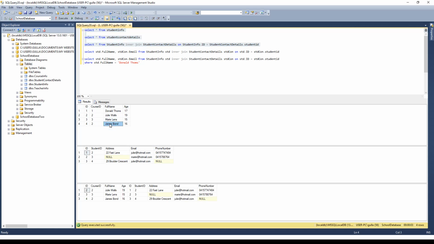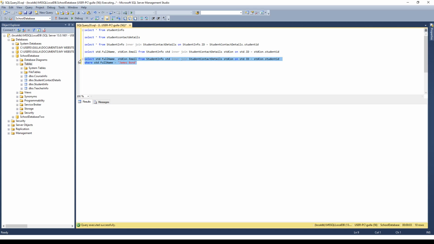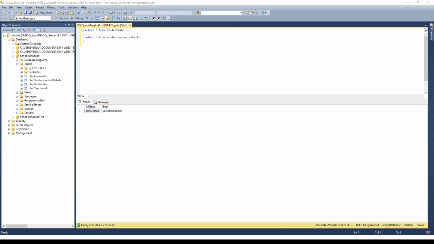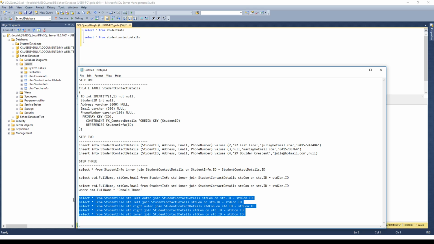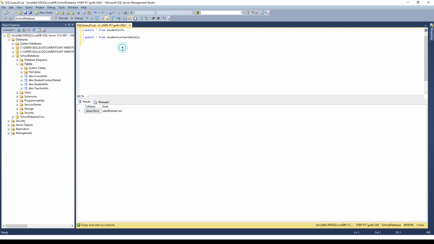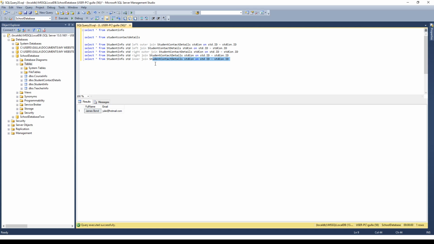So if we did James Bond here, we would get information back, because he is on this student contact details table. So, as you can see, with these sort of inner join processes, there can already be some light dangers, but let's get rid of this here now, and let's bring up this coding here. So, as I said, if we did, oops, and